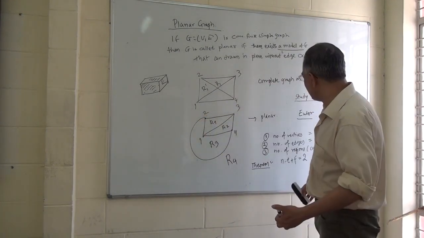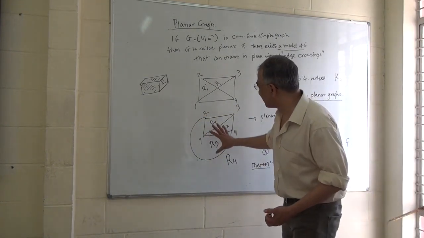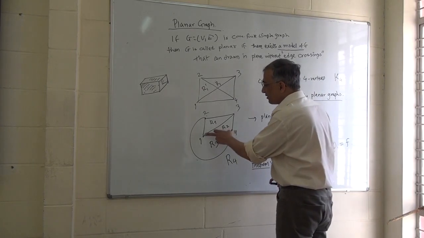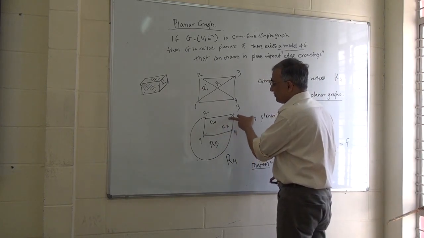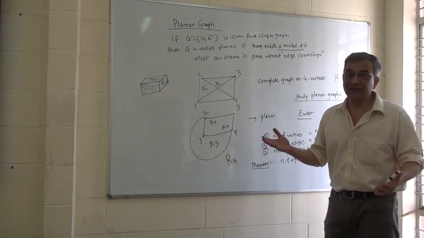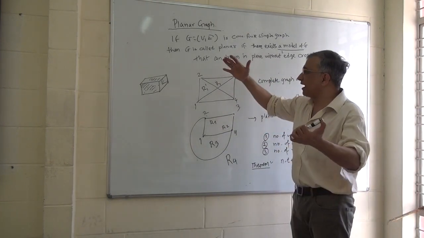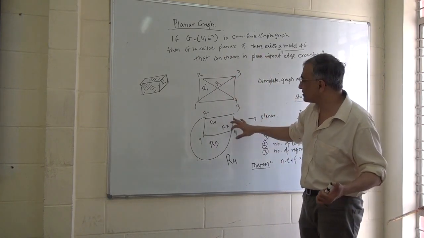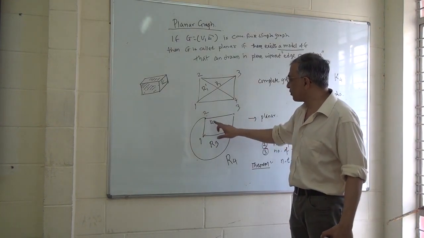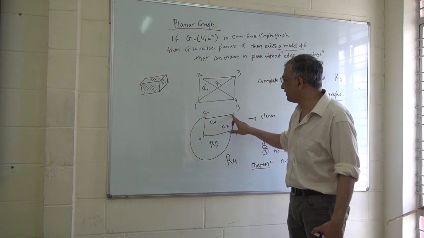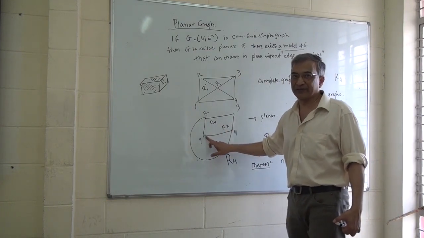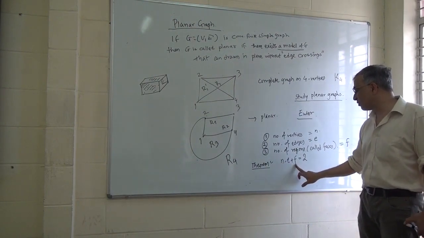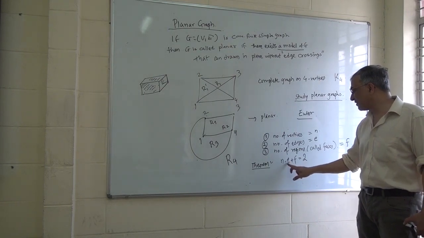Okay, so what we do is, just look at here. I am just giving you a sketch of the proof. Actually this is the proof, but it requires a little more analysis. Suppose I drop one edge. Then what happens? The graph will still remain planar. If I already drew a graph without any edges crossing and I remove one edge, no edge is crossing anyway. So it's a new graph which is also planar, but the number of regions has dropped by 1 and the number of edges has also dropped by 1. So this thing doesn't change. f minus e doesn't change because f is dropped by 1, e is dropped by 1, and the subtraction remains the same.